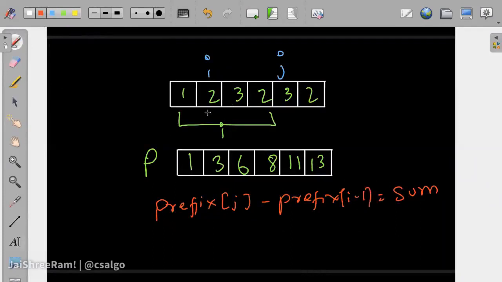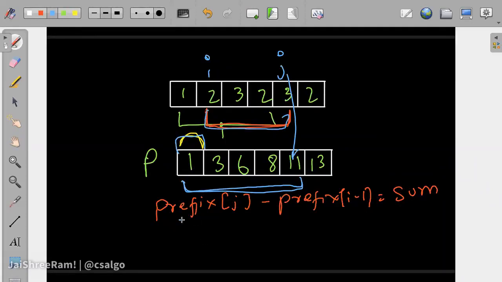Why does this work? Because if you want to find the sum of this particular range, this stores up to this and this stores up to this particular element. Prefix of j stores up to this particular element, this whole range, and prefix of i minus 1 stores up to just before i, whatever the sum of elements from the start is. So if you subtract these two values, you get the sum of the range only. This is the whole idea of using prefix sums, that it converts subarrays into just two value subtractions. And then we need to find the number of such pairs of i and j that satisfy this, right?